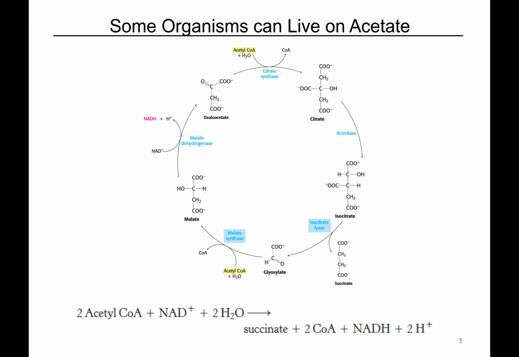We do not have these enzymes. Mammals don't have these enzymes, so we cannot live just on fats, because if we break down fats, we can use them to make energy, but we have no path for converting acetyl-CoA back into sugars. Okay, acetyl-CoA cannot go back into gluconeogenesis because both carbons in acetyl-CoA that feed into the TCA cycle end up as carbon dioxide. There's no viable path to regenerate any of the TCA cycle intermediates.